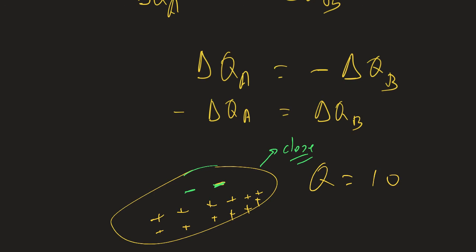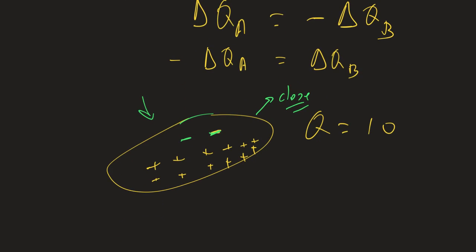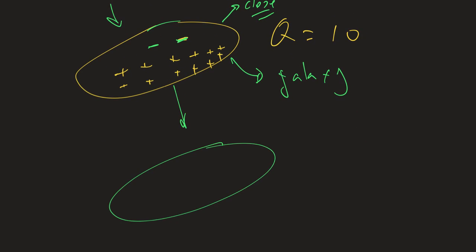No one can enter the system: no energy, no mass, no charge. It's closed. So whatever reaction you think can happen here could happen. Maybe this is a galaxy in the universe, maybe this is an atom. But what you are sure of is that after some kind of reaction, Q will be 10. It will not change. The total net charge will be there. Okay, so this is called the